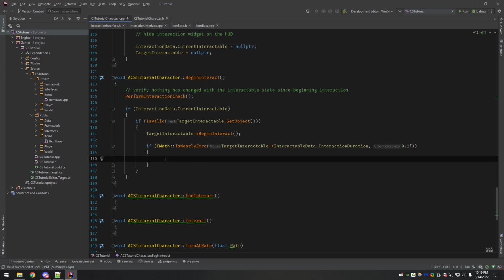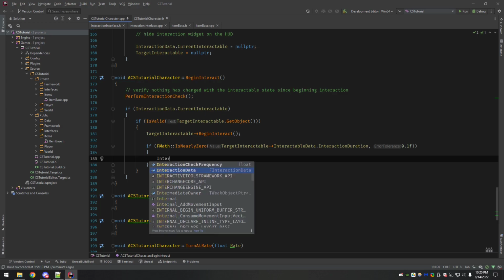But those are at least long enough to kind of recognize it. If you want to turn a doorknob, you could put in a little delay, and maybe that's when you'd use 0.2 or 0.3. But I'm going to go with 0.1 for now. Tweak this as you want. If it's within 0.1, then we will just immediately call interact.